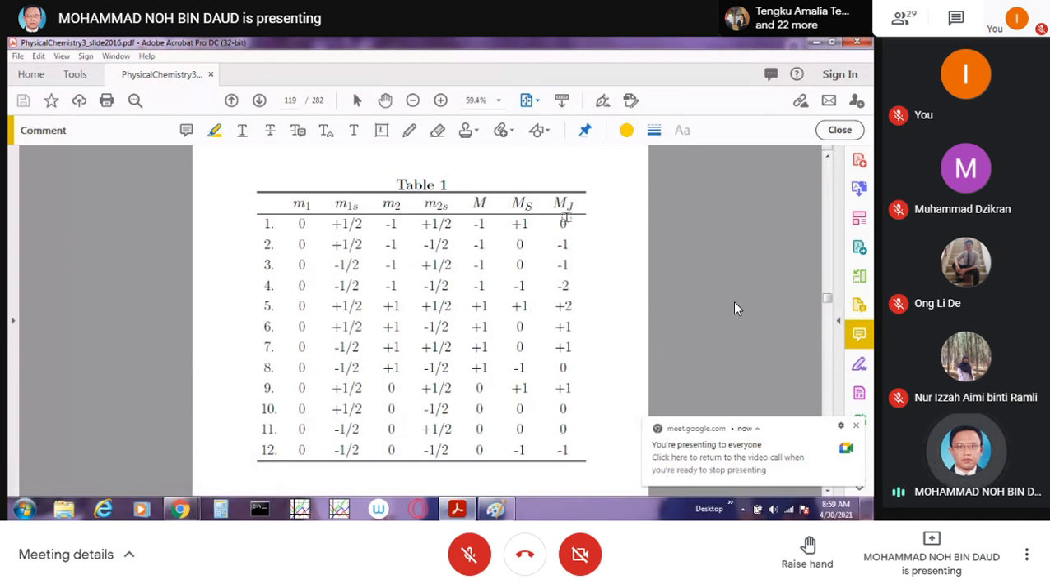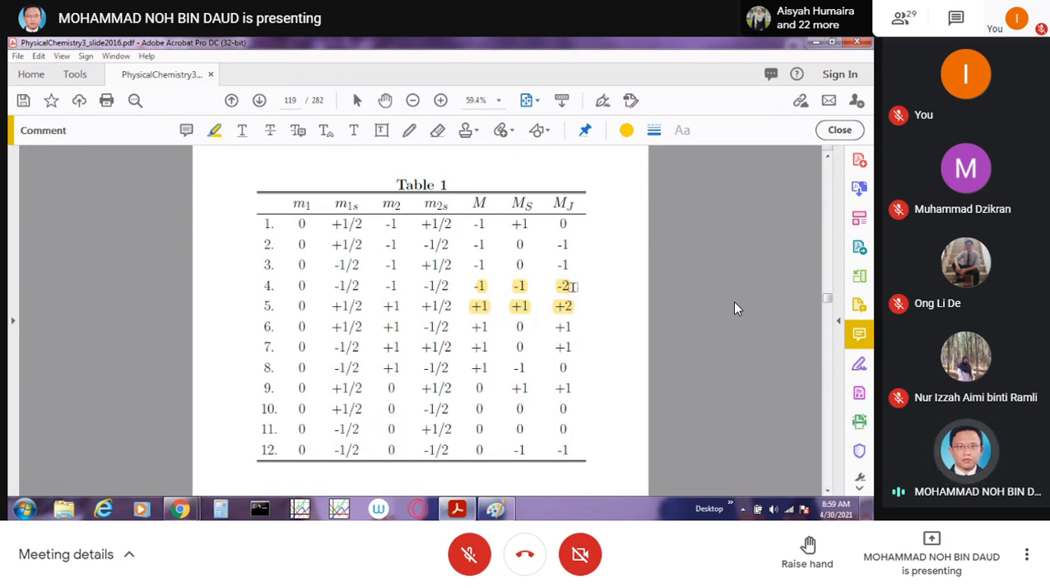So we have here the lowest MJ, okay, -2, and the highest one is +2. Okay. Next, between these two values, -2 and +2, we can have +1, -1, and 0. Okay. If we write,